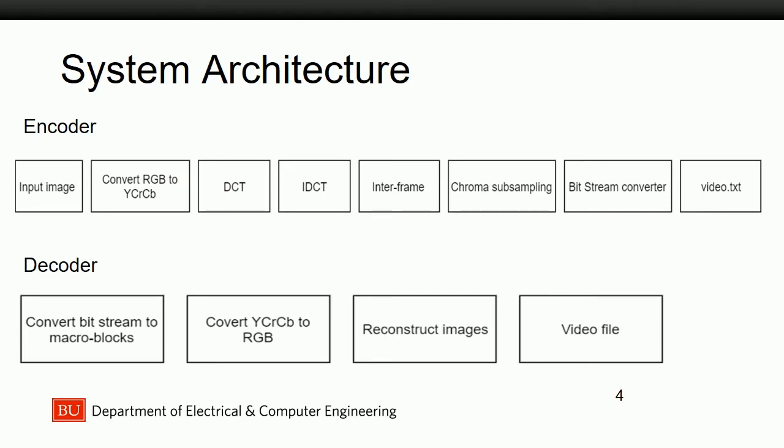To start our system process, we input the image, and then we convert the RGB image to YCrCb. Then we compute the DCT of the image to get the high-frequency values. After we remove the high-frequency values, we use the IDCT to convert the DCT coefficients to YCrCb values. We then use interframe compression to further compress the data into its IPPP frame structure. Then we use chroma subsampling to get rid of the Cr and Cb values. Once we have the data ready to save, we use a bit stream generator to save the compressed data to